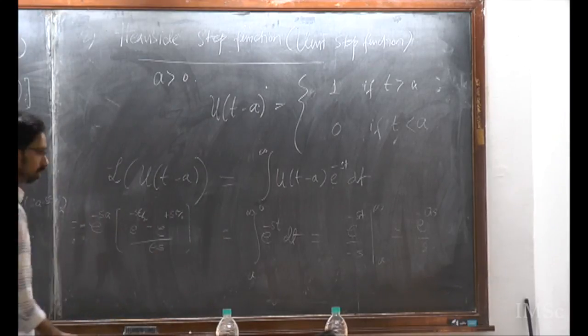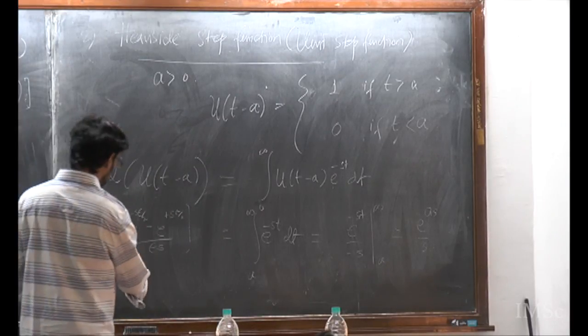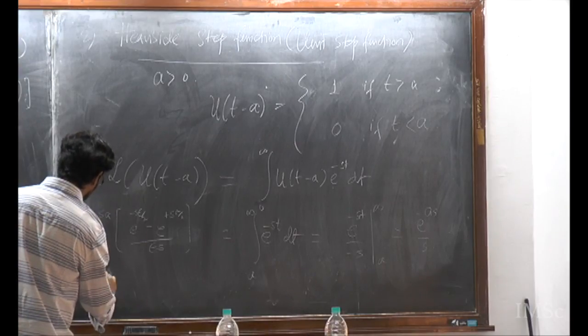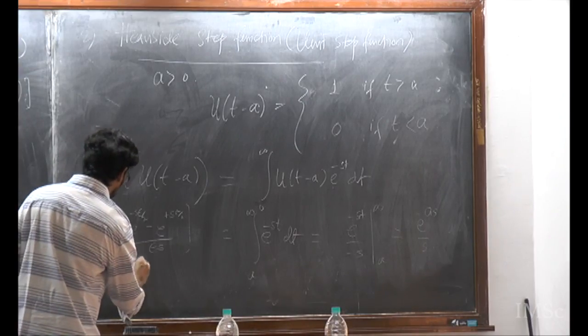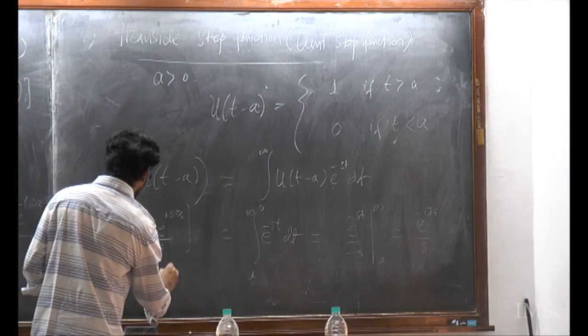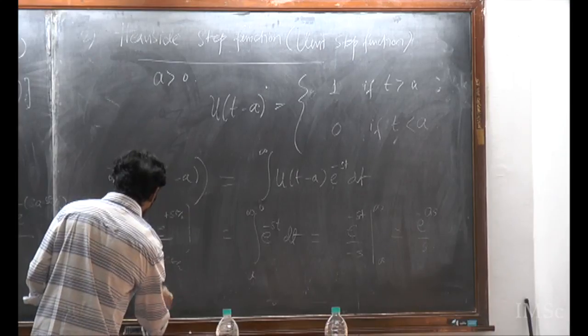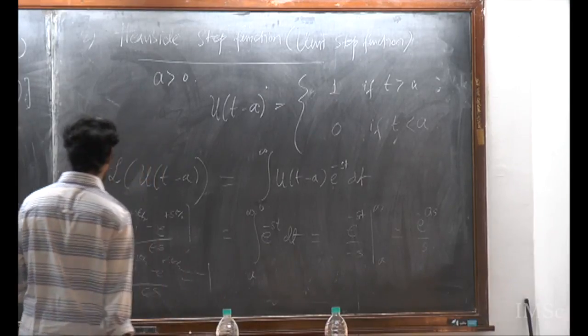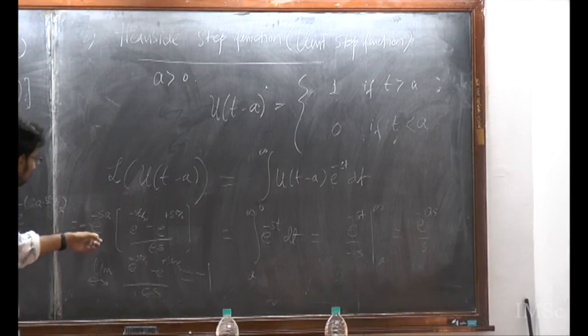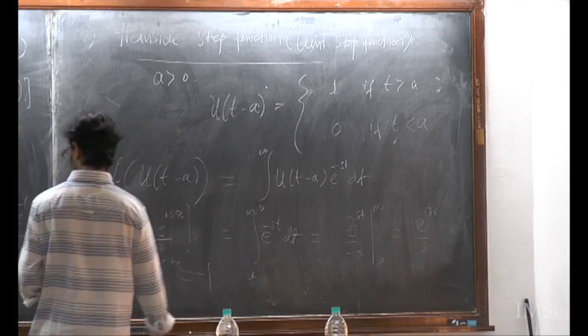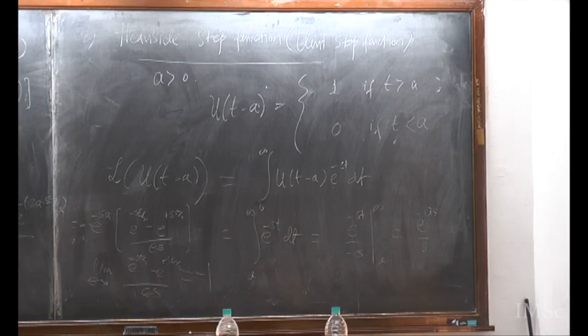So this is an exercise. Prove that the limit as epsilon tends to 0 of (e to the minus epsilon s by 2 minus e to the plus epsilon s by 2) over epsilon s is minus 1. So in the end you have e to the minus as. If you're taking the limit here,